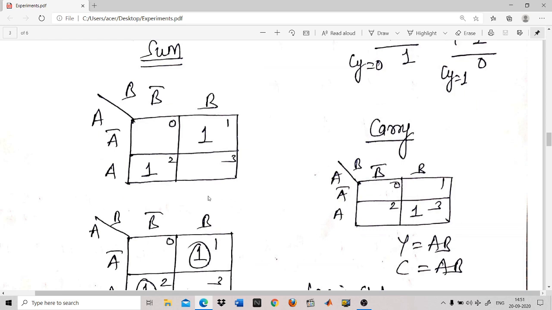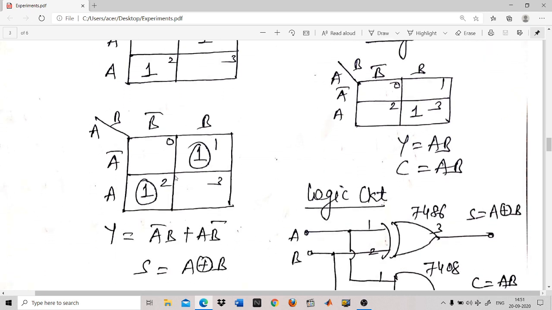So after forming the K map, now you have to check whether a quad is forming, or a pair is forming, or you will get only ones. So here there is no possibility of a quad. Similarly, there is no chance of any pair. You can see you cannot form a pair here. So you have to restrict yourself to the ones only.